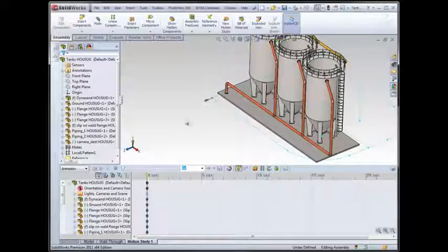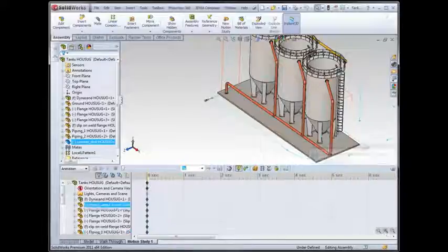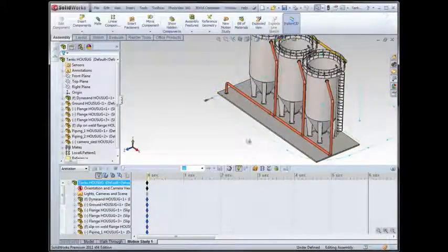In an assembly, here it's just another component. I've called it a camera sled because it looks like a camera and it was intended for an animation. Really, the beauty comes, let's zoom this out a little bit, maybe in. There we go. So let's say maybe at 6 seconds, I want this camera to move along this entity to this point. So what I can do is go to Move Component,